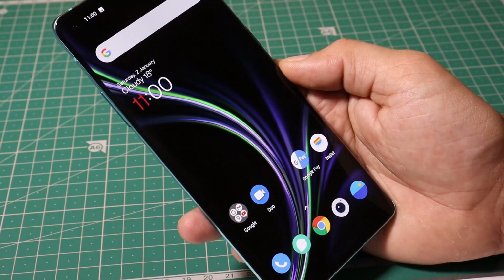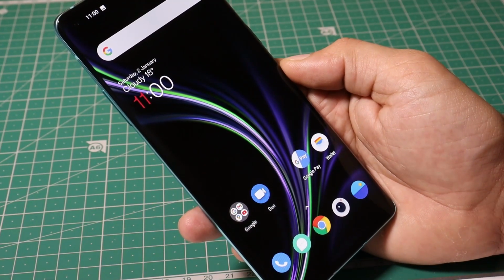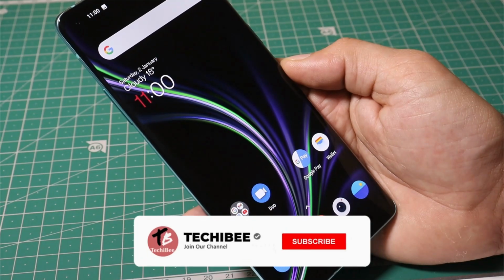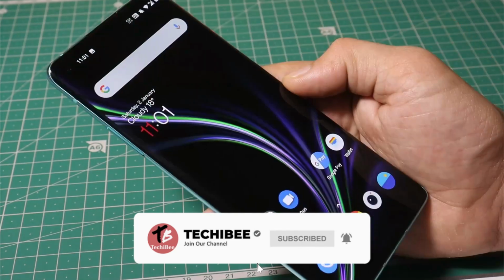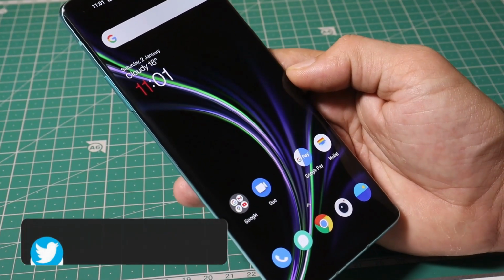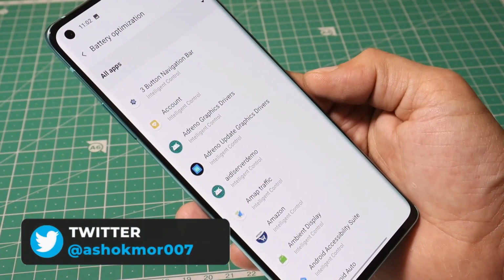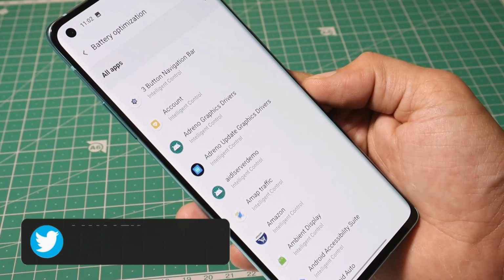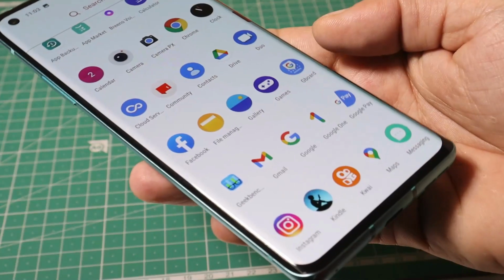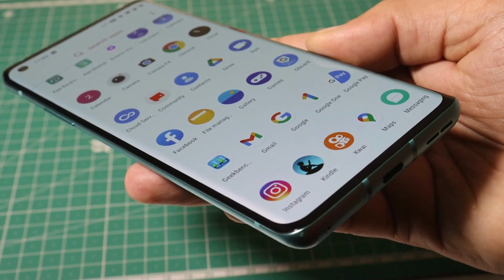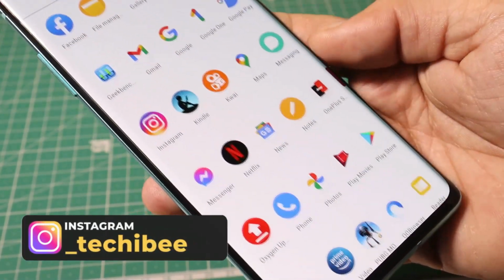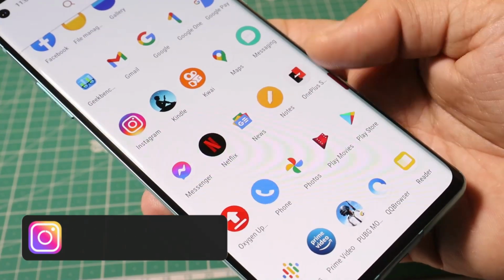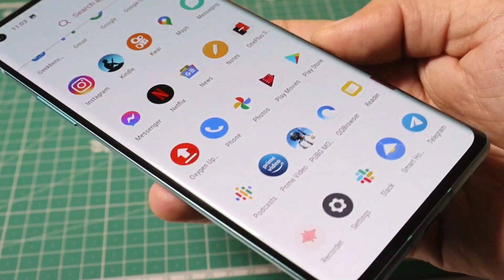Basically, this update is equivalent to Oxygen OS Open Beta 5 with only one new addition which is related to keyboard height. Camera version remains the same. Other than this, they have done lots of fixes related to the system. Then they have optimized the background program management mechanism to improve standby performance. On the previous update, few users also reported issues related to smoothness of gaming. But I have been playing PUBG Mobile after this update on my OnePlus 8 and till now I haven't faced any kind of issues yet.